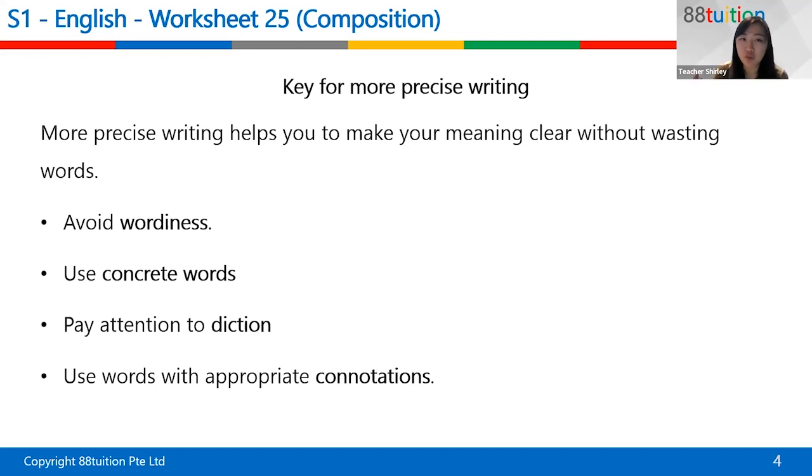Number two, using concrete words. In terms of concrete words, it means that you do need to be specific, especially when we are talking about expository. But when it comes to narrative compo, like personal recount or descriptive, when they say concrete words, they might mean they want you to give words that create a vivid imagery.